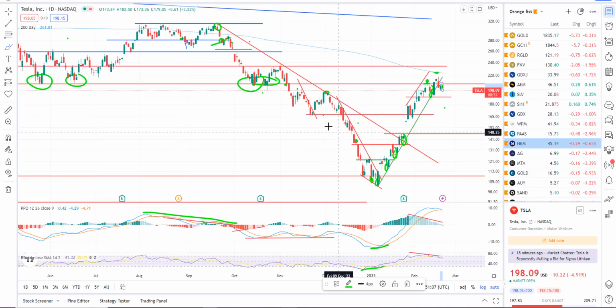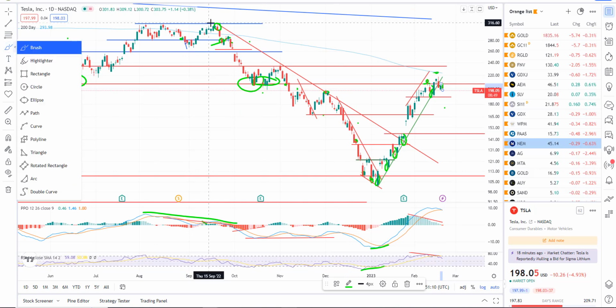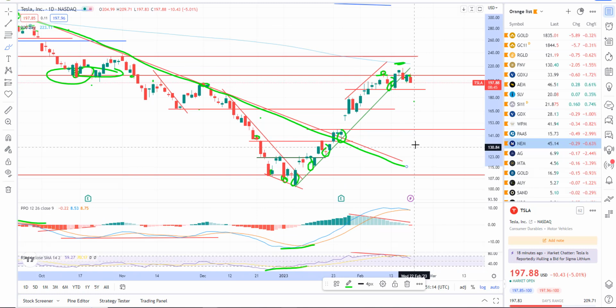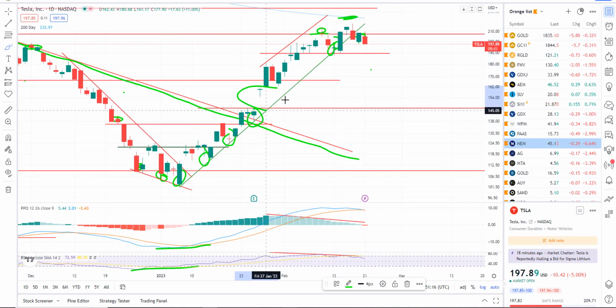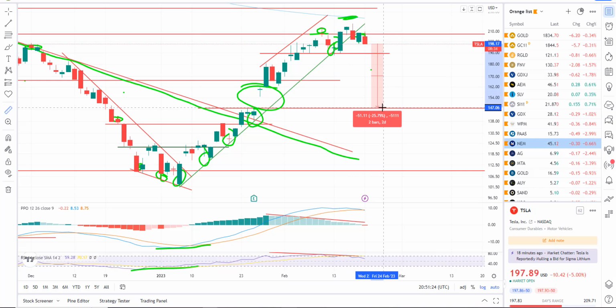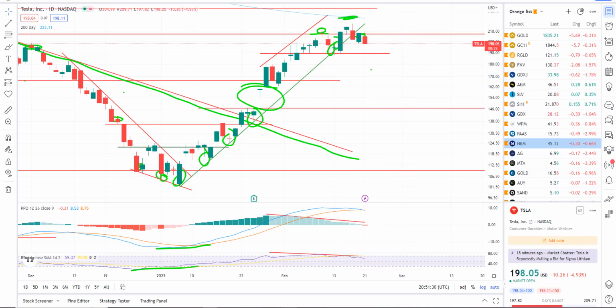But as I flip back to the daily, the downtrend line, or the bear market in Tesla, is this trend line right here. And I could easily see us coming down to test that. There's a big gap to fill, so that's a good target there at about 147. And a drop down to that gap fill is about 26%. So I like that as a trade idea. It definitely looks good. I am short this one.